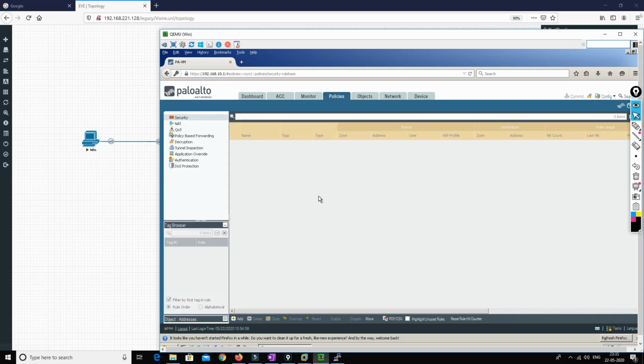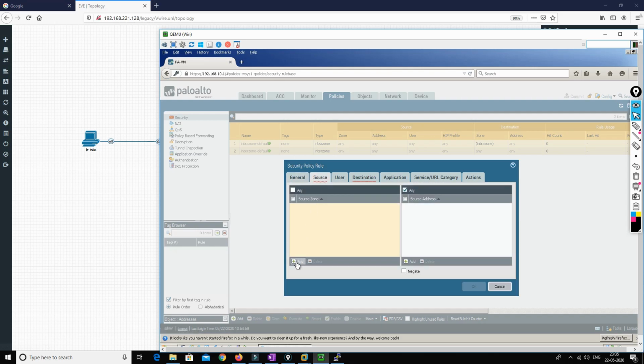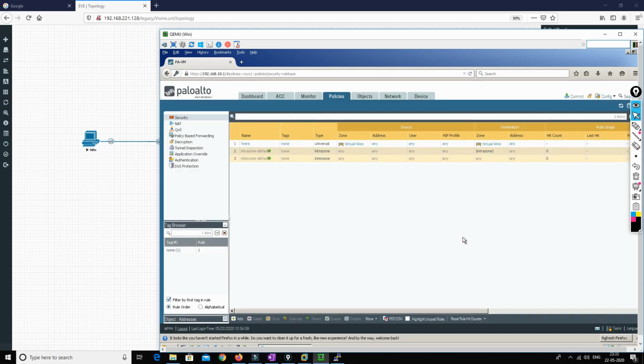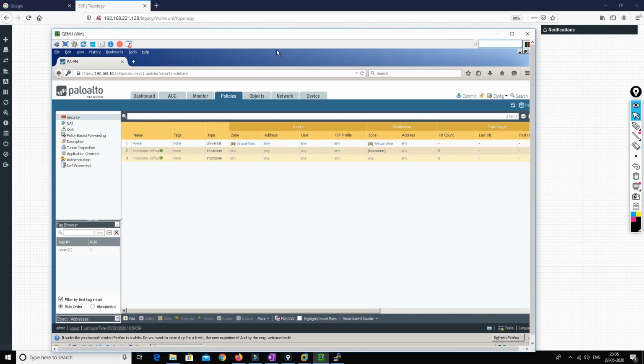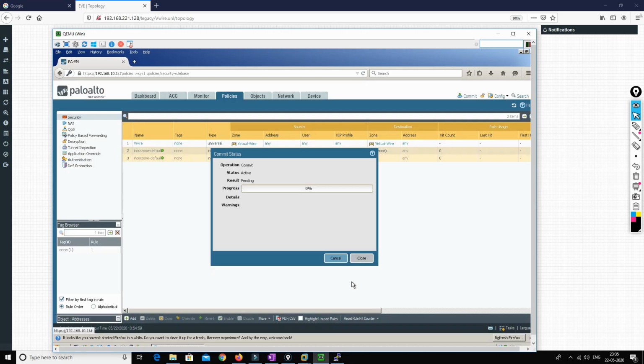Now we'll go to the policy and we'll create a policy. Name is vWire. Source is virtual wire. Destination should also be virtual wire and action should be allowed. OK. And we'll just create a simple kind of policy. We are not defining any UTM kind of policy here, or restricting anything right now. Just to understand the concept first.